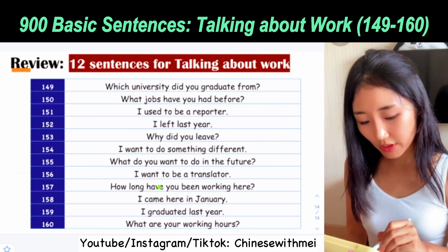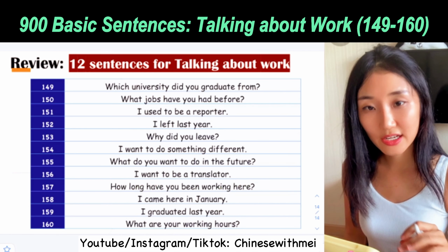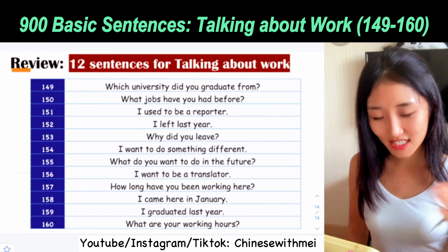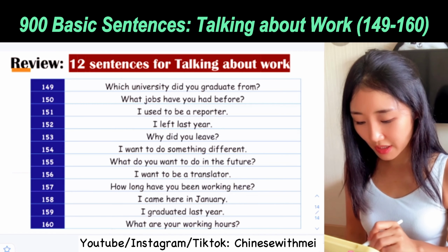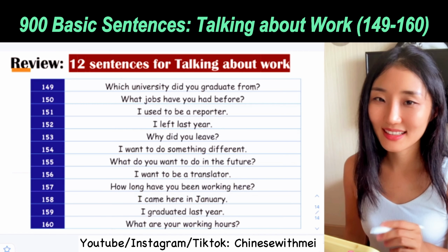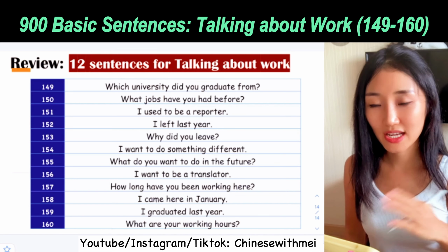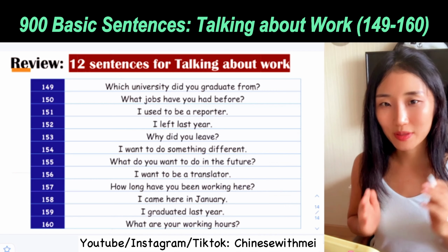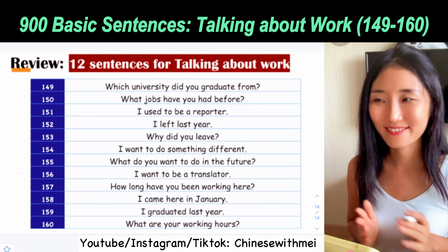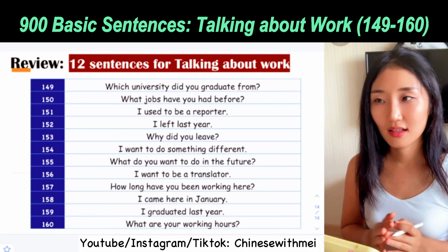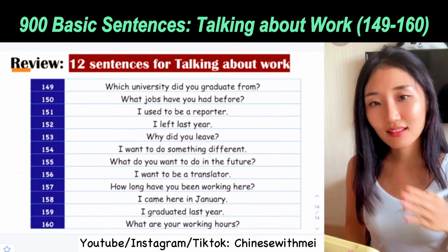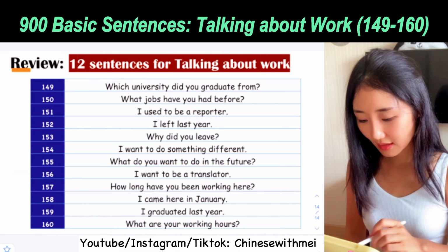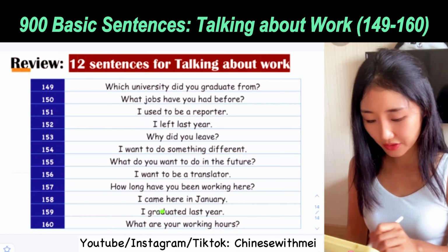How long have you been working here? 你在这里多长时间了？I came here in January. January, easy, right? 1月. I came here in January. 我今年1月来这里。And what do we miss before 来这里？Right. If we want to stress something just happened, we say 刚来这里。我今年1月刚来这里。